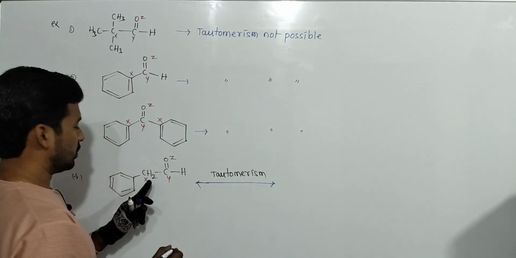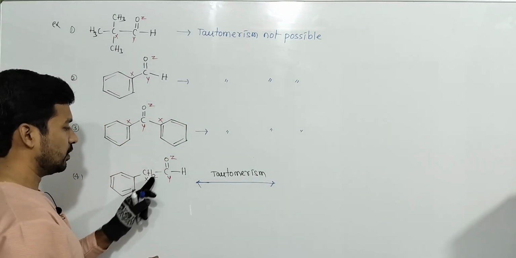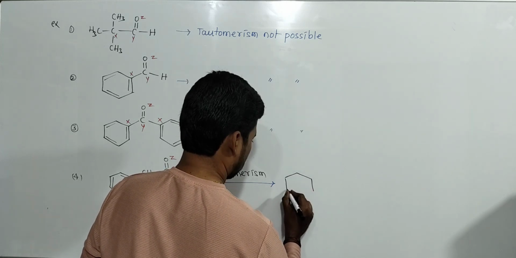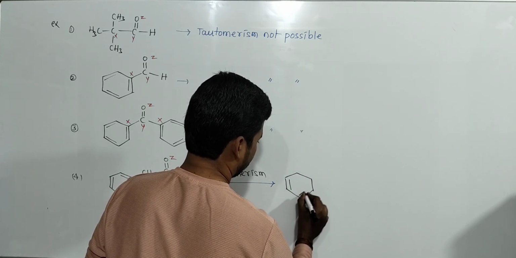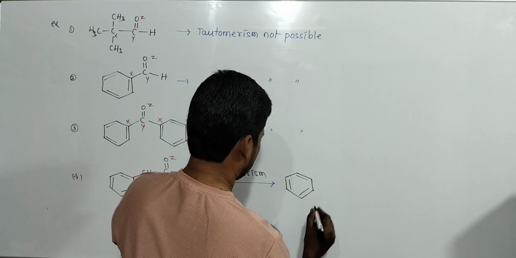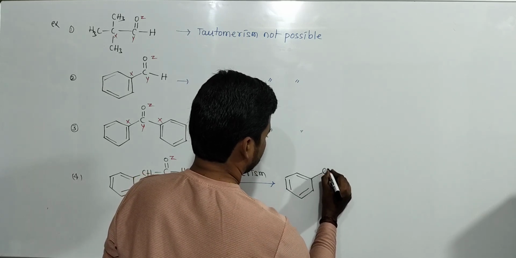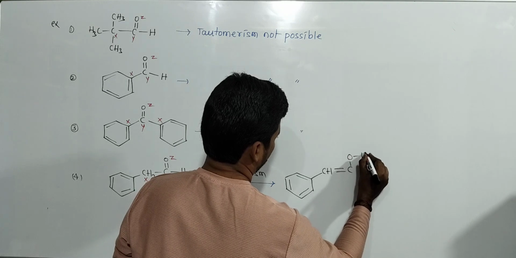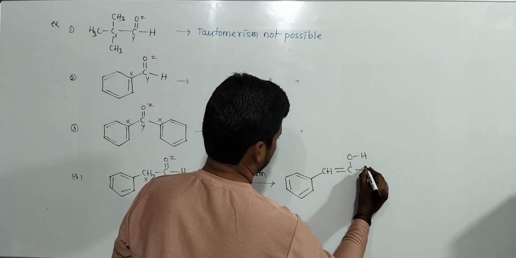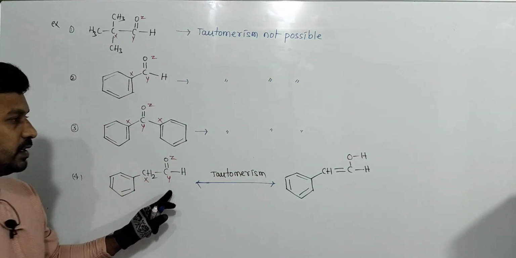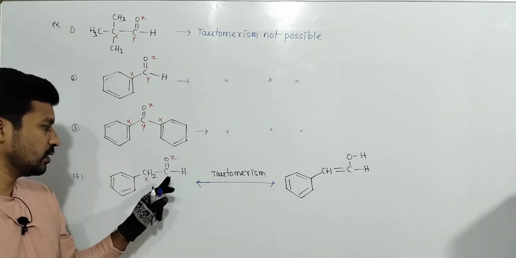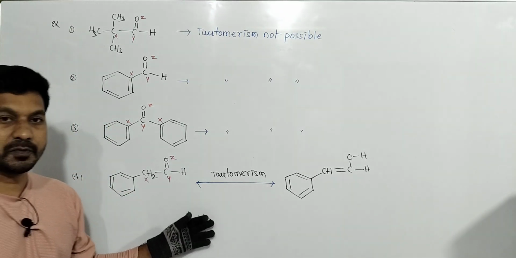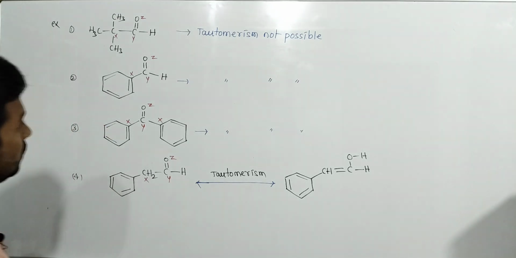Then transfer proton from X to Y. The phenyl group is the same, no change. Here CH, double bond C, OH here, and this is H. See, the proton transfers to here and the double bond shifts here. Enol form, keto form. Yes, possible here. Take this. Next,